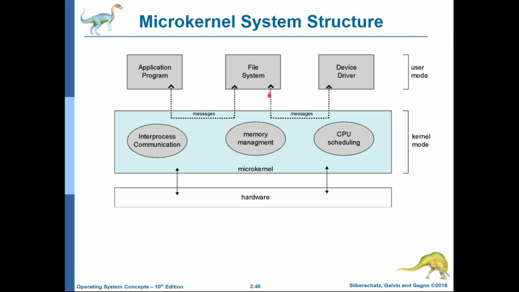It will create a message and send it through the microkernel into the device driver. The device driver at that point will access the device directly. Once that information is obtained, that message will be returned back to the file system. The file system driver will take that information and send it back to the application program, at which point the